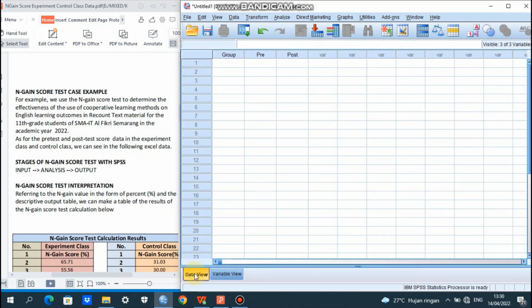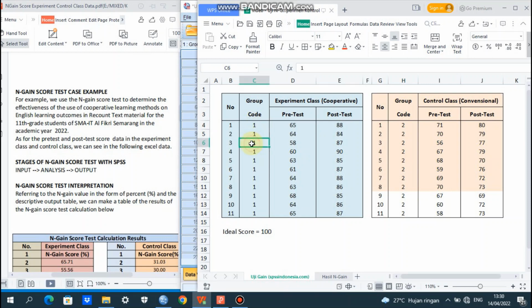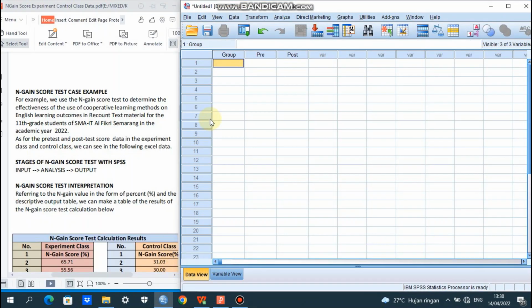We go to data view here, and then we will fill the data here, group, and then pretest, followed by post-test. We go to Excel data to take the data from the Excel. We just copy here the code, the pretest, post-test from 11 participants. We copy, and then we go to SPSS.